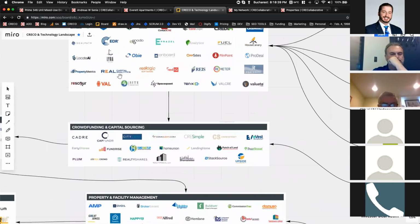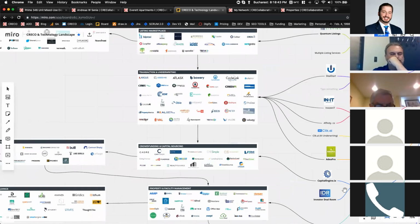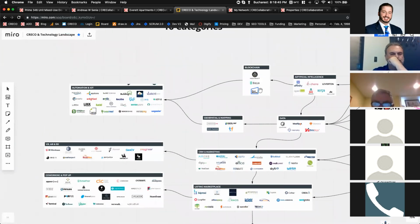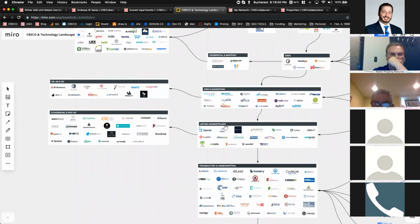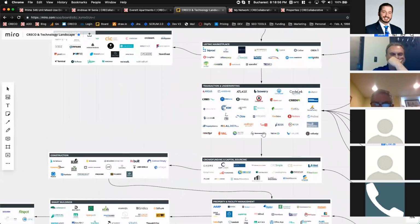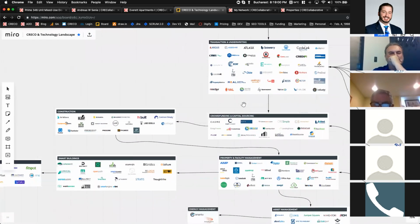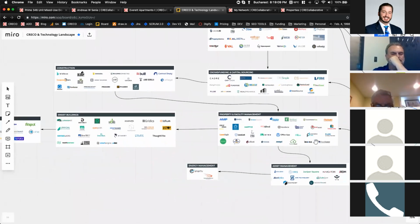And more importantly, your next system will be able to access it all the way through the transaction process. So if you start here, you have identification, CRM, so now you're managing your contacts. Now you've won the deal. You've got to get it out to listings and marketplaces. Great, well now the deal is being consummated. How do you transact it and underwrite it? And if it's a development deal, how do you fund it? Now the deal and the data around the deal have to move through each of these boxes